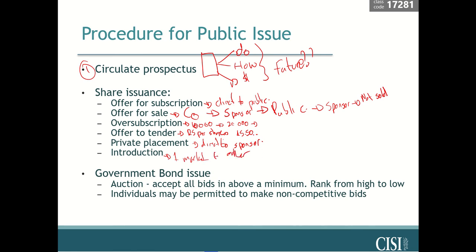Okay. The next type of issuing in the primary market we're going to talk about is called government bonds, and you guys should really know what a government bond is. So in the UK,